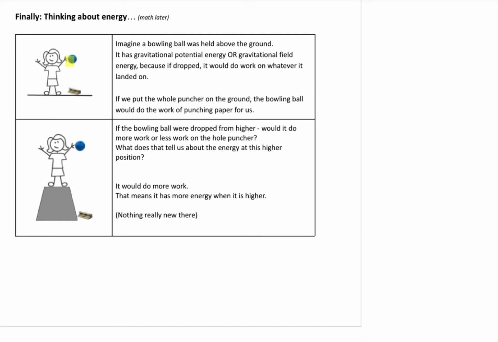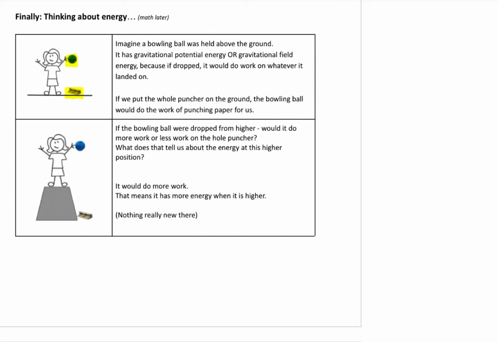So if I held a bowling ball above a hole puncher, something you have to push on to do work, the hole puncher is like a machine. If you apply a force or put some energy in by pushing down on that lever thing, then you do the job that the hole puncher is meant to do. I just picked a hole puncher because I have one in the classroom. Hopefully it's kind of familiar to you. I picked a bowling ball because we have one in the classroom and it's kind of big and heavy. But we can use that to think about gravitational energy.